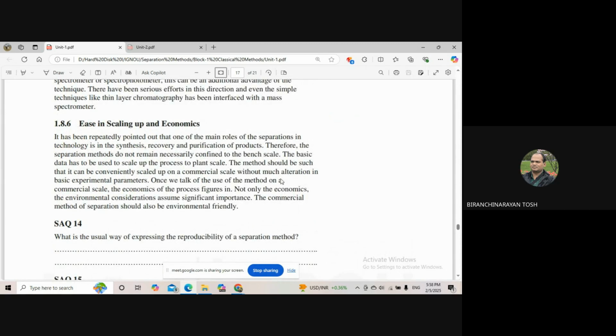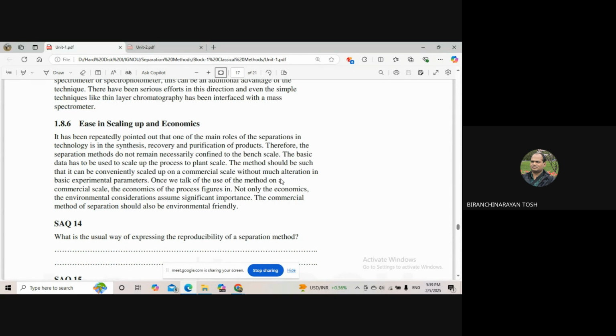It has been repeatedly pointed out that one of the main roles of separation technology is in the synthesis, recovery, and purification of products. Therefore, the separation methods do not necessarily remain confined to the bench scale. The basic data has to be used to scale up the process to pilot plant scale. The method should be such that it can be conveniently scaled up on a commercial scale without much alteration